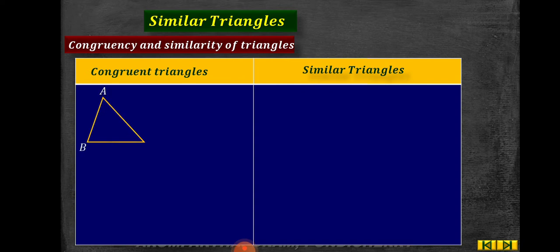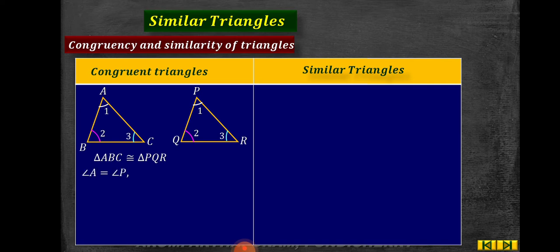So, we can choose a triangle and name it ABC, and we have another triangle and name it PQR. In both the triangles, angle A we name as 1, and similarly for the second triangle, angle P is also 1. Then angle B is 2, and in the next triangle angle Q is 2, and the third angle is C, and the third angle in the second triangle is R. So triangle ABC is congruent to triangle PQR.